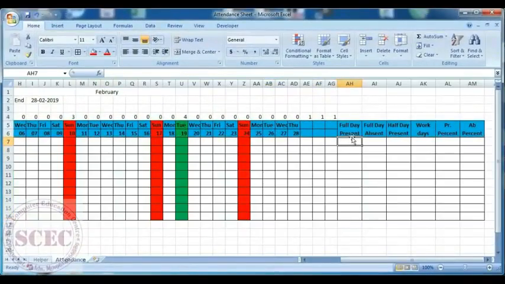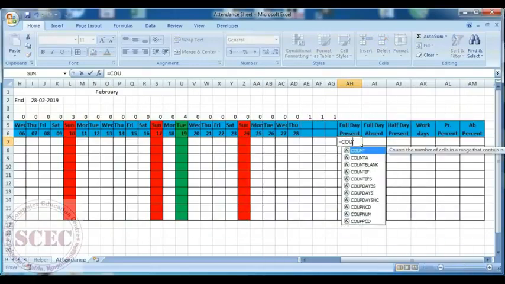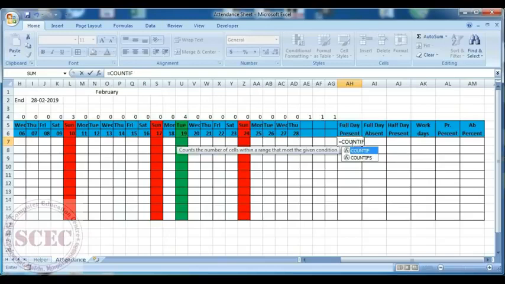So now we will give a formula for present days. How will we give the formula for present days? For that, first we have to begin with a simple formula: equal to COUNTIF, bracket open, range.